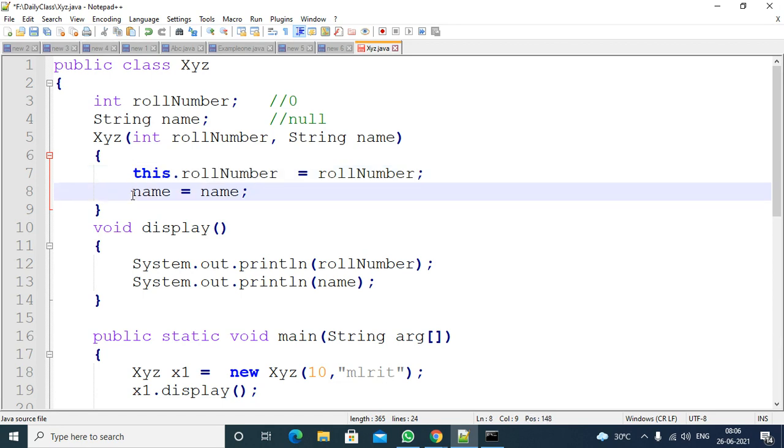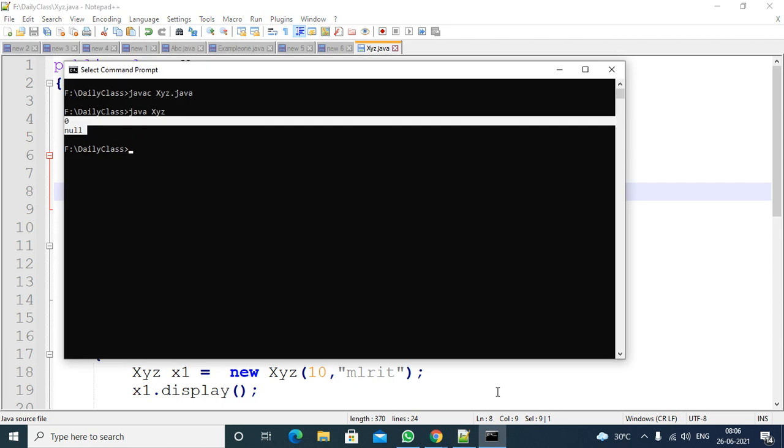Now the local variable value is assigned to the instance variable value. The same way, apply this here. This one is the local variable and this one is the instance variable, so whatever values you pass are assigned to this. Now try to compile and execute the code.